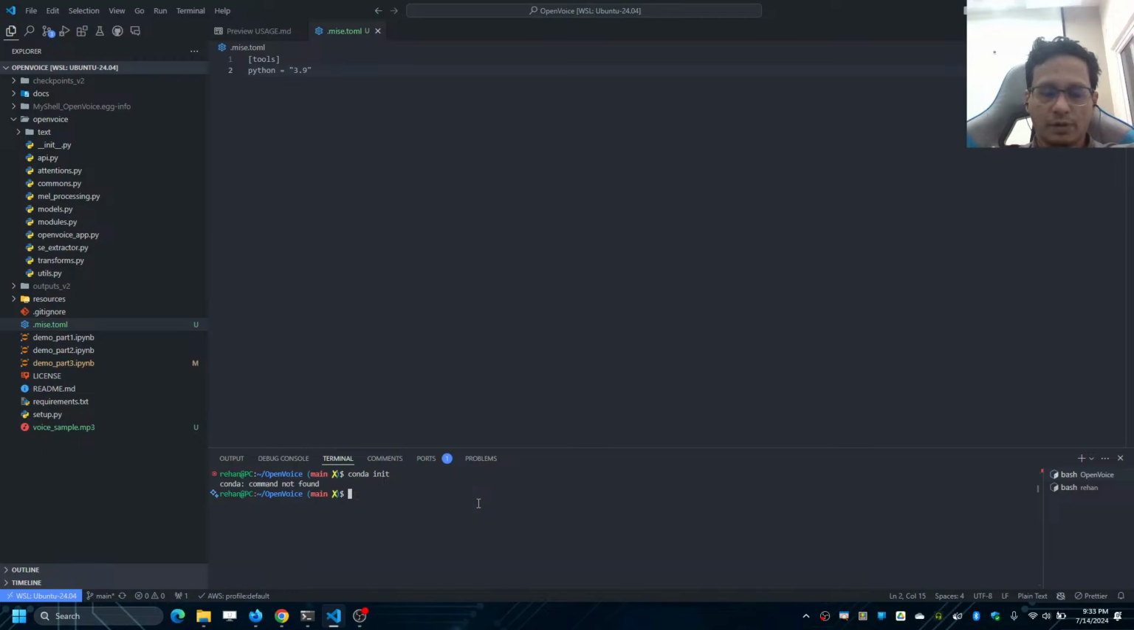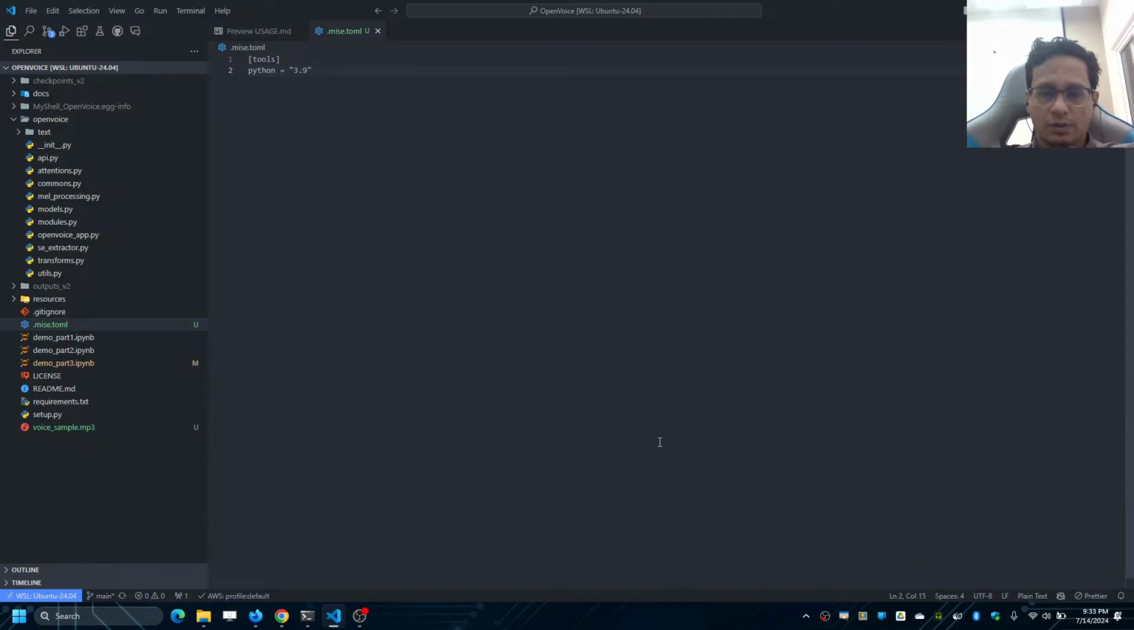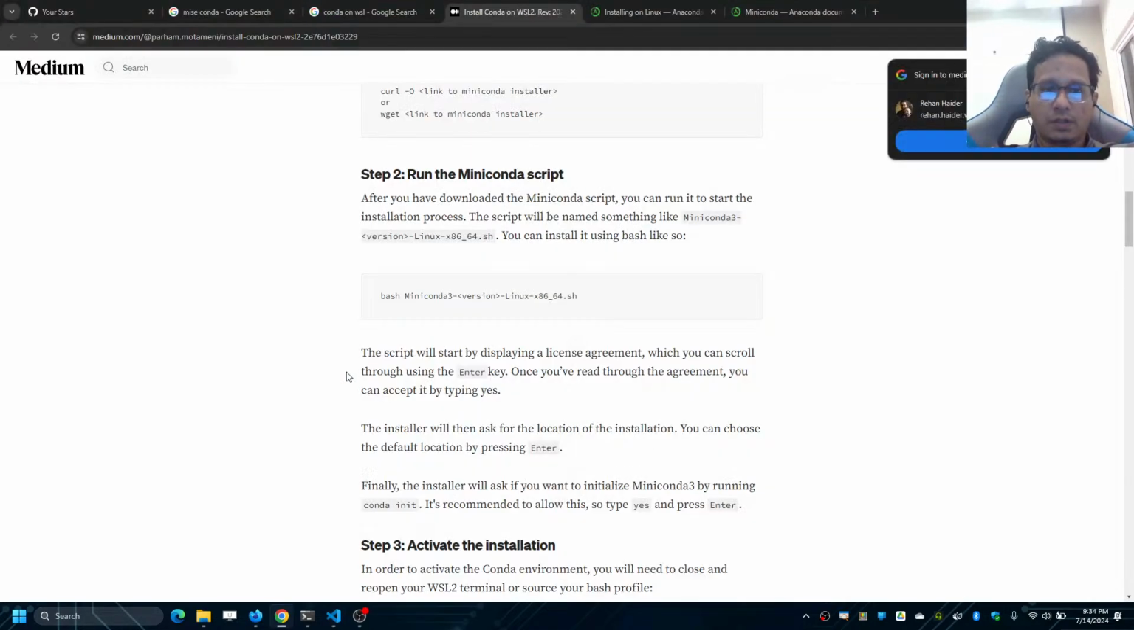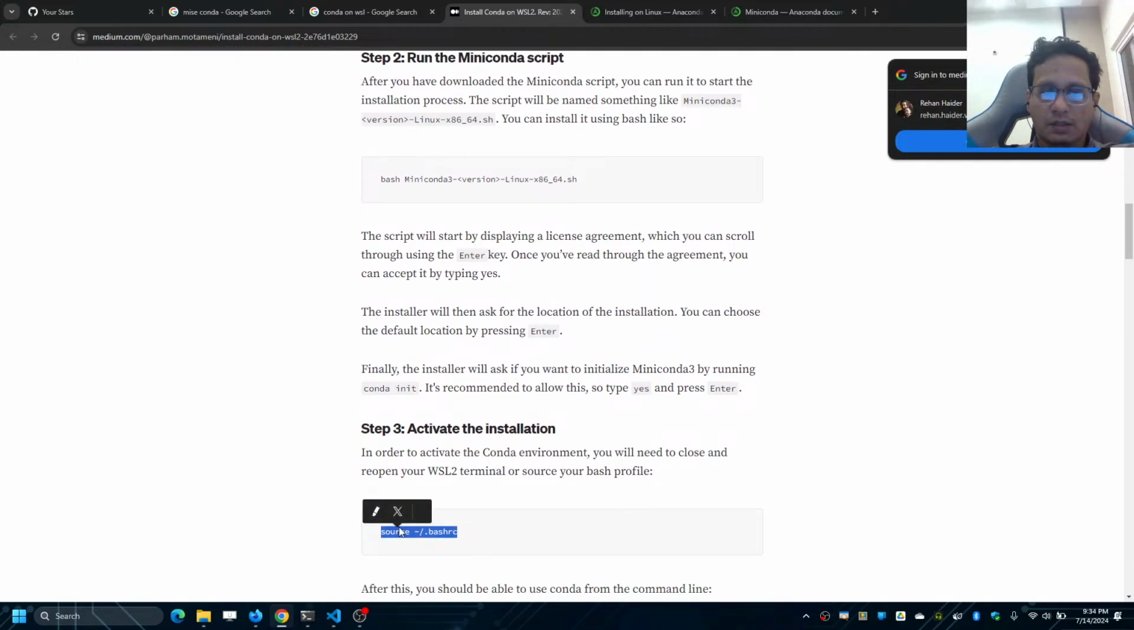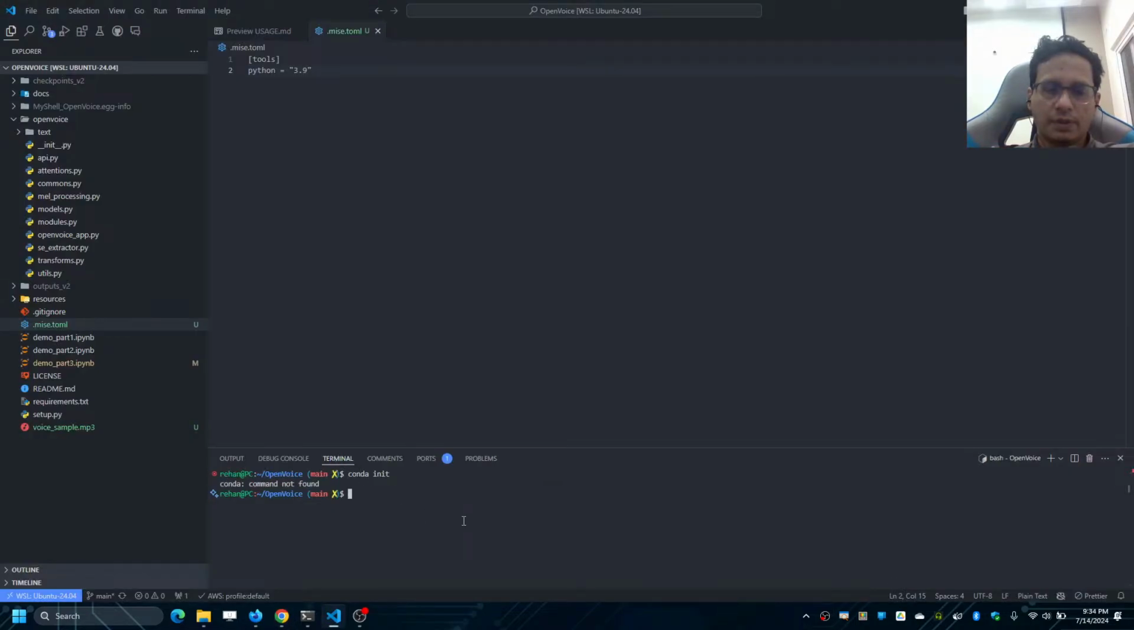It doesn't work, obviously it will not work because conda is not installed here yet. So I'm going to have to open this again. Conda init still doesn't work. Outstanding. What's happening? Why is it not working? I think the reason why it's not working is when I installed Conda,